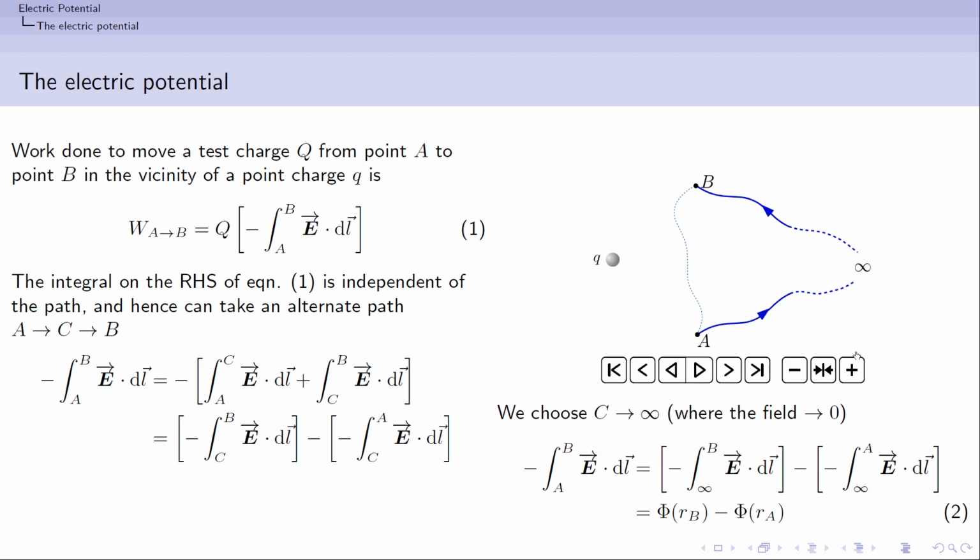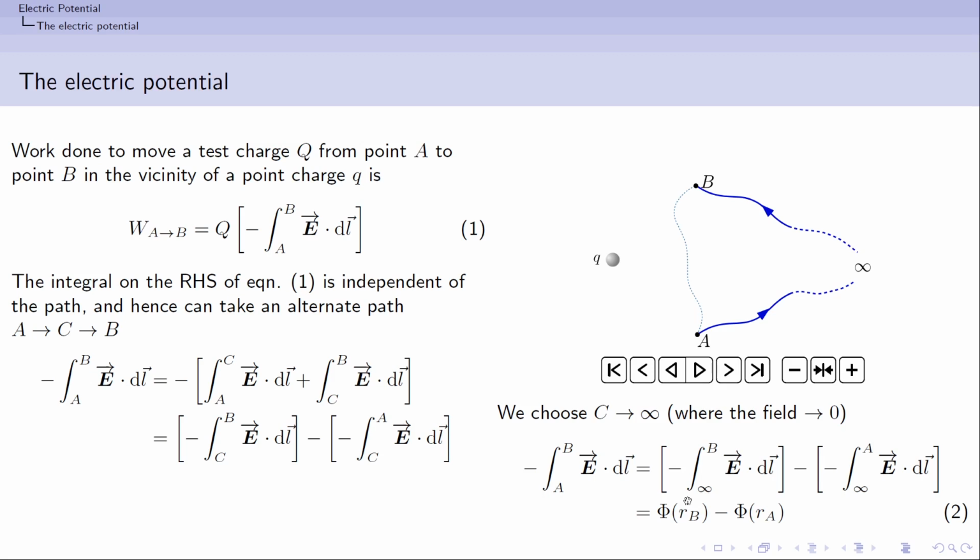So when we take this point at infinity, the result of this negative integral, I could just refer to as phi. C is like a reference point here, so we could just refer to C as a reference point. It just happens that we take this reference point at infinity, because when the reference point is at infinity, we can safely say that the field is going to be negligible. So now we have this integration from infinity till point B, and here again this integration from infinity till A. Now this is going to give me a scalar quantity.